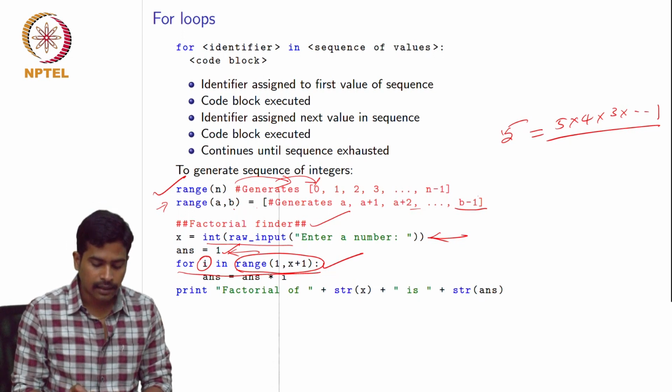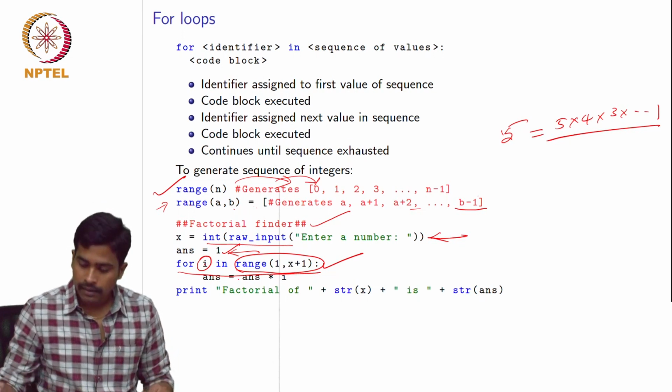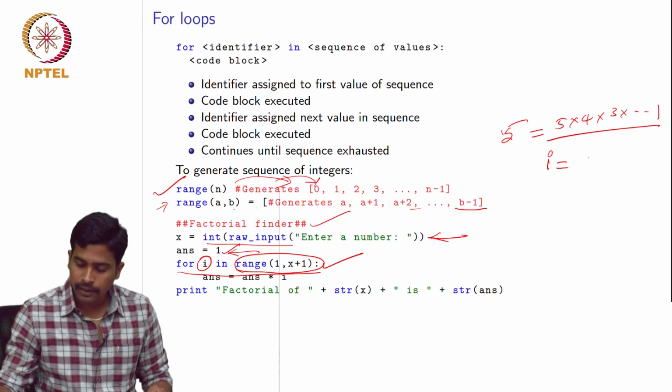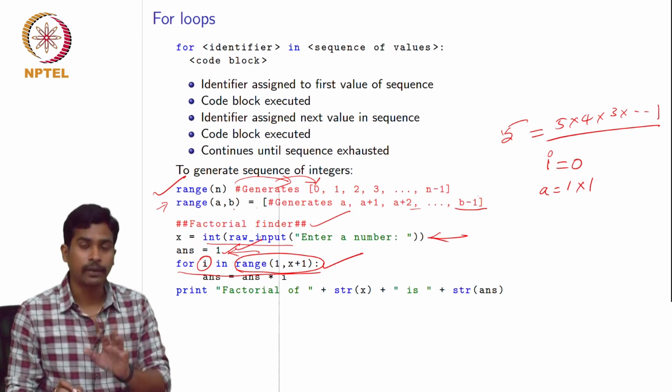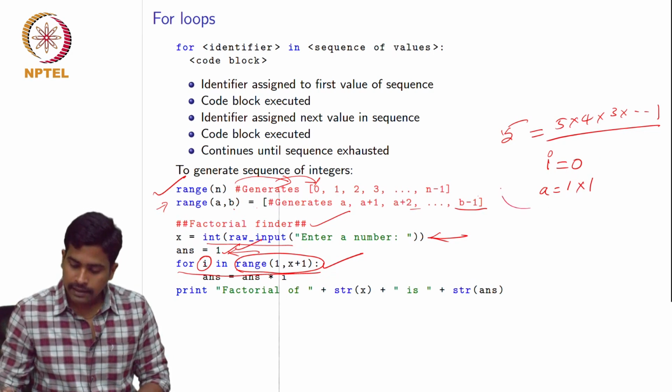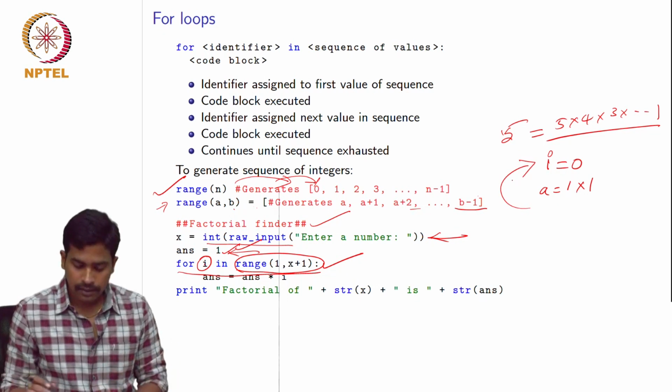So initially when the for loop is started, the I value is equal to 0 and answer equals 1, multiplied by 1 because the value of answer is already 1. And in the next iteration, again here